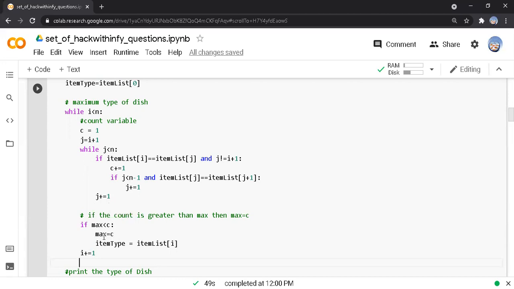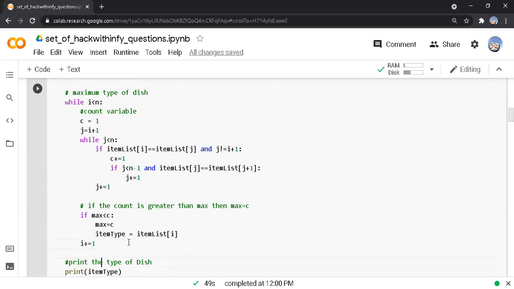It will be assigned, and max item type equals item list of i, that means the current ith position value is assigned to the item type. That is the item type we can choose, the one with which I can choose the maximum dishes compared to the others.